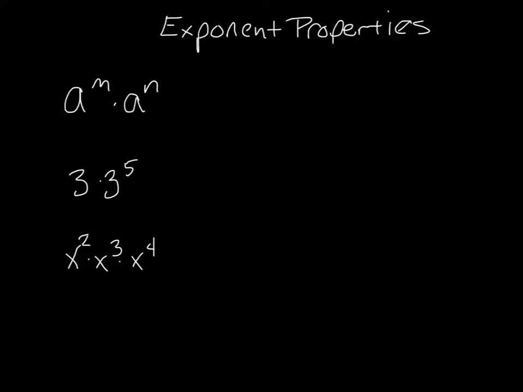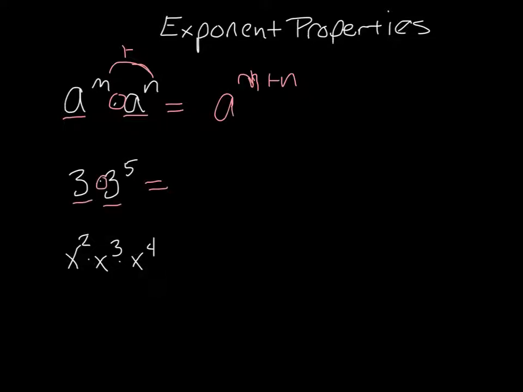The first one is, what if you have the same base being multiplied? Well, then what's going to happen is you are going to add the exponents. So this will be a to the m plus n. Okay? So if we look at this example here, I have 3 times 3, that's the same base